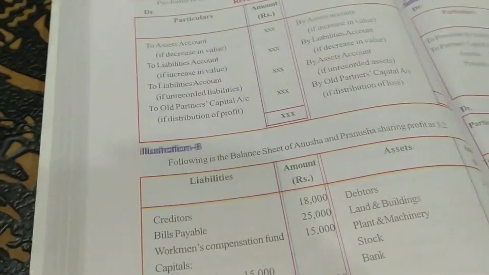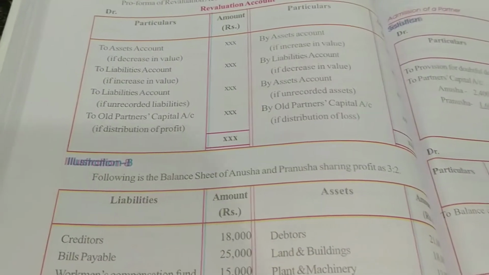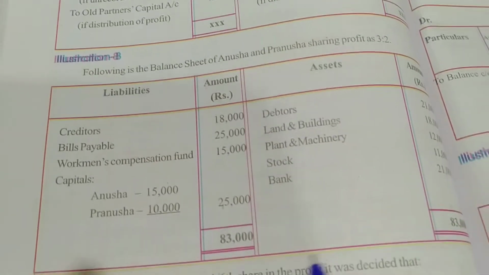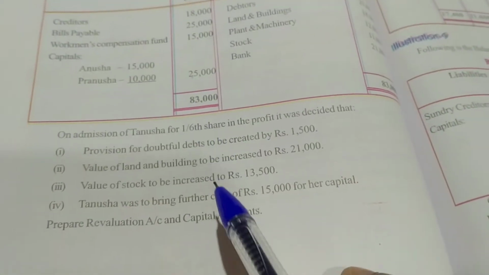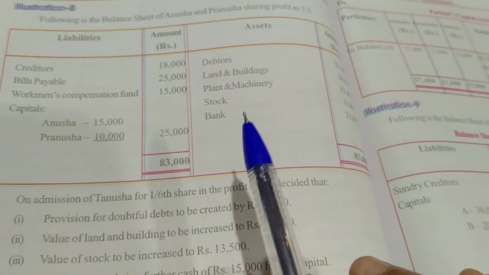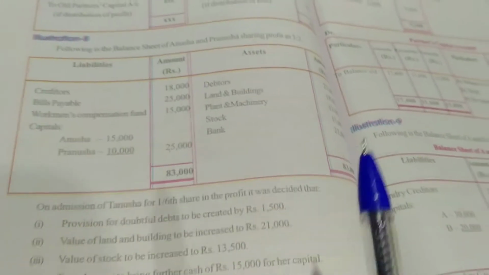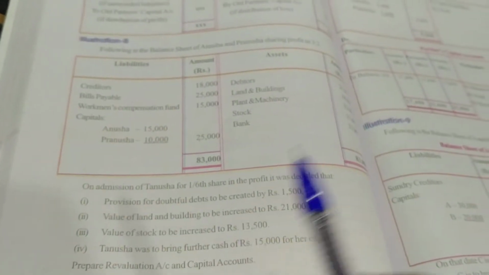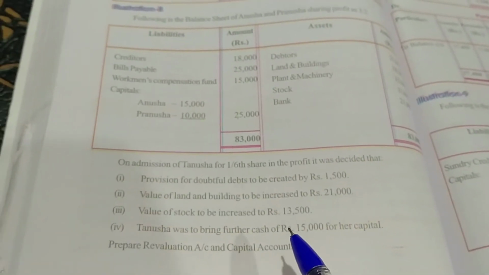Now that you all know how to prepare the partner's capital account and revaluation account, it's going to be really easy. This is how the question will look, dear students. In a partnership account, you will be given the balance sheet of the organization and the adjustments. In your board examination, you will get a sum on partnership account for 20 marks. Like in first year you had final accounts, here you will have 20 marks. In final accounts also you were given the adjustments and you posted those adjustments. Likewise, here also there are adjustments.